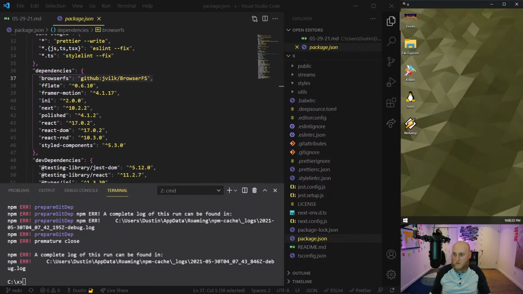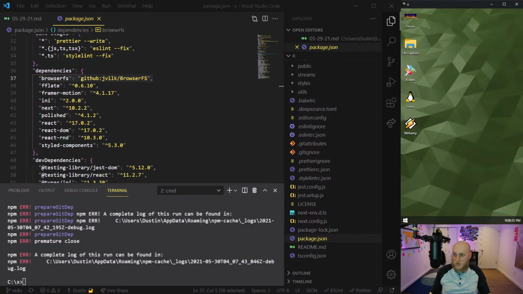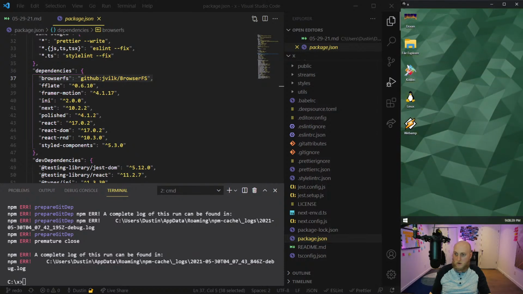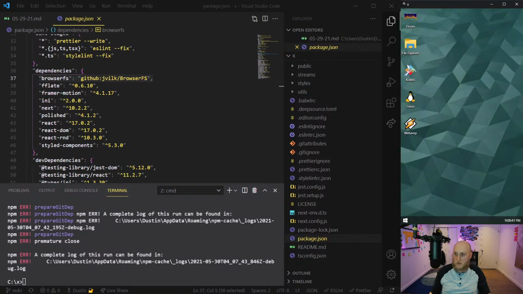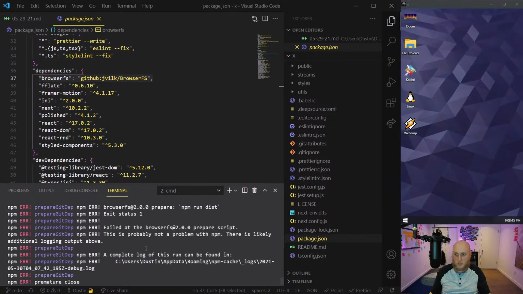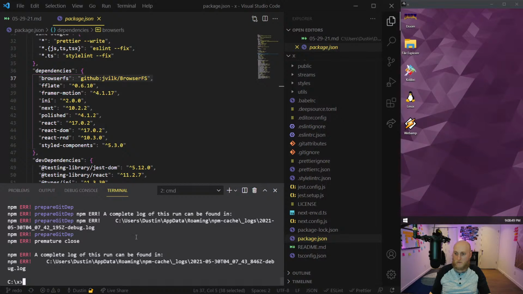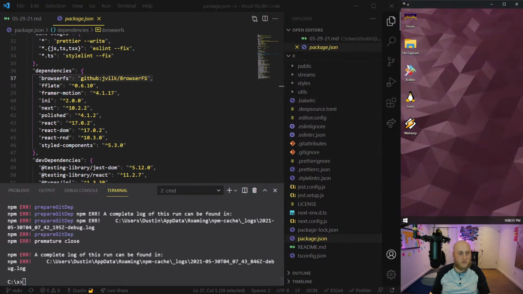Got another message here from Daniel. I was also seeing this issue in GitHub Actions since adding browser.fs, not on Mac though. Oh yeah, you've been having an issue with... sorry, what was your issue? I just spoke about so many issues, that's the problem. So not the NPM broken issue, but the browser.fs rename delete issue possibly.